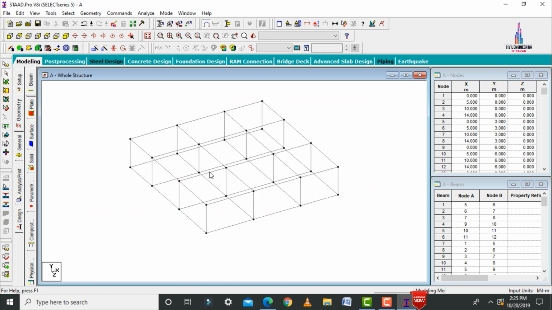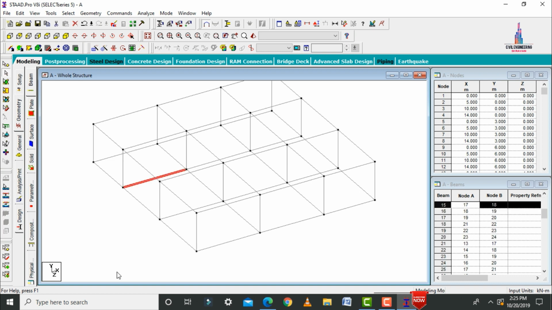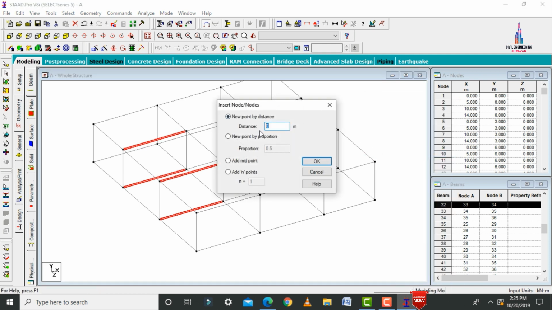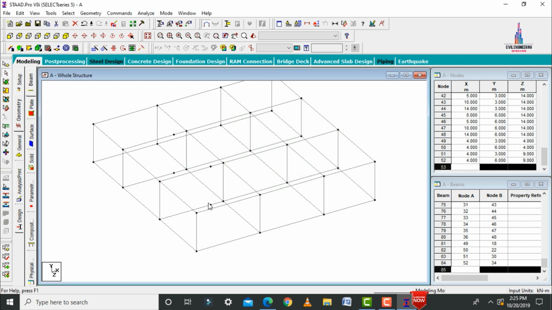Now we have to add the staircases for this building. So initially we need to create the node points for this house. Okay. So I am selecting the 2 node sections which are below the plinth as well as the ground story. Click on insert a node. Here I am inserting a node at a distance of, let us consider, 4 meter. Click on OK. So it will insert a node point at this position like this.